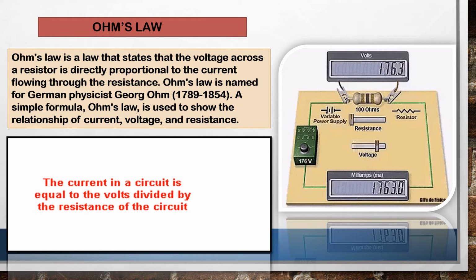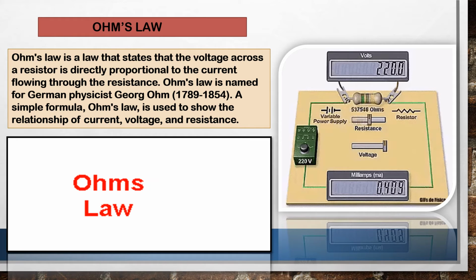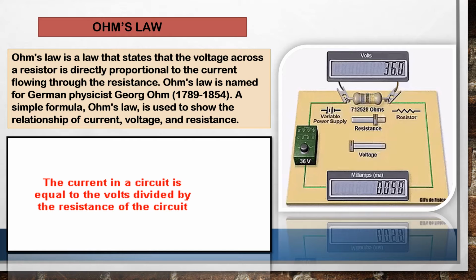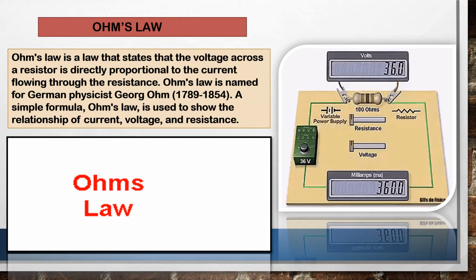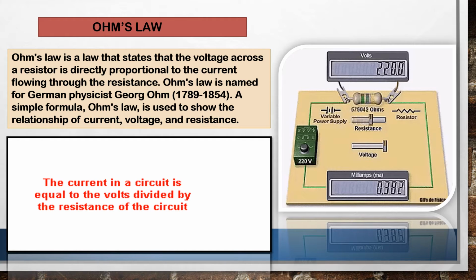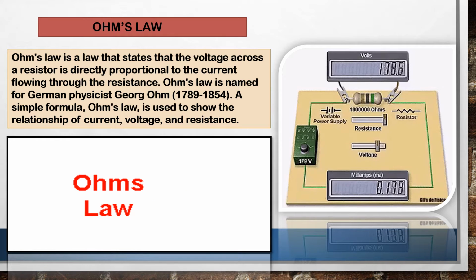You can take the reading from here. See this first one, the resistance in ohms, and the voltage is becoming 36 volt, and this is I. This is the measurement of I or current. That's why we are measuring in milliampere unit. And again the opposite happened when voltage is 220 volt. At that time resistance was decreasing, and decreased resistance has been found.